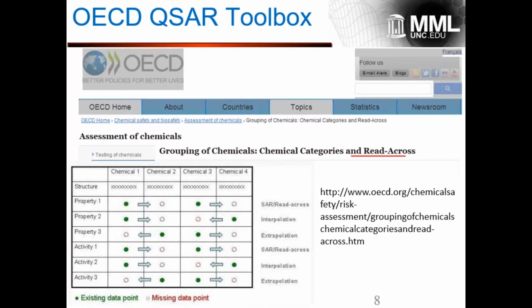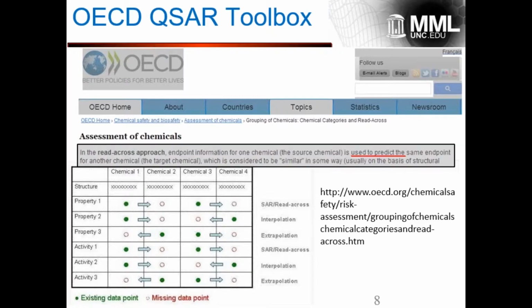But this is how it's done, right? So you have a new chemical, you compare it by its composition to other chemicals. If other chemicals are toxic, then this one is toxic too, if it has an alert. So what it says in the toolbox manual is that read-across approach endpoint information, one chemical is used to predict the same endpoint for others, okay,